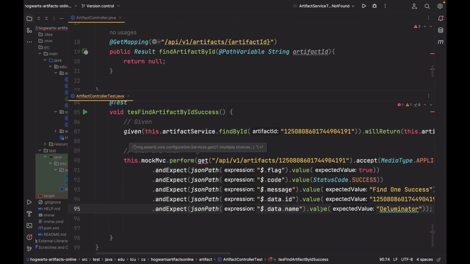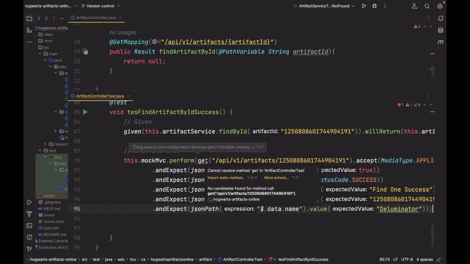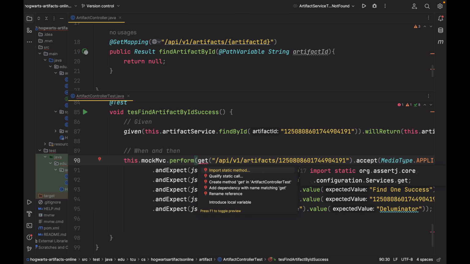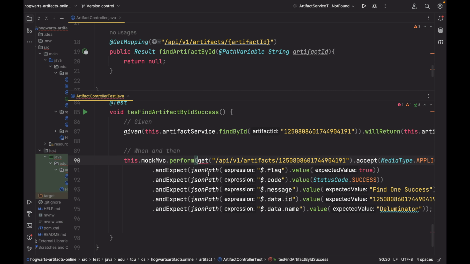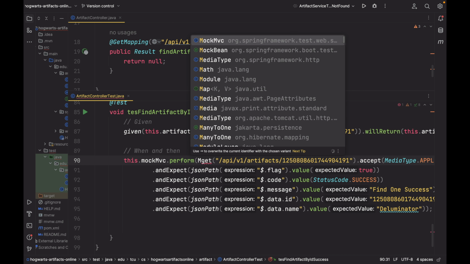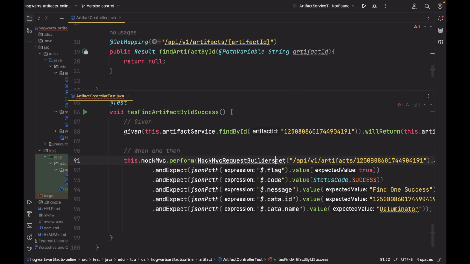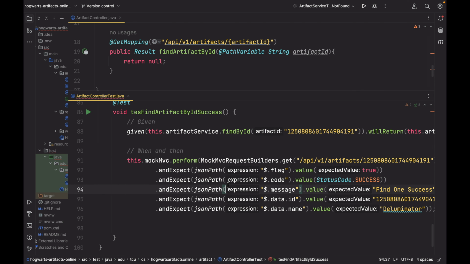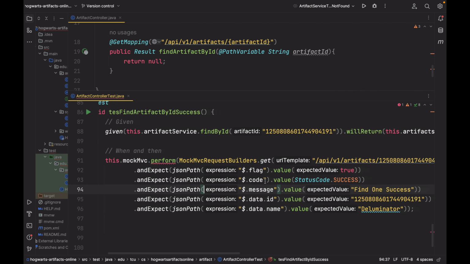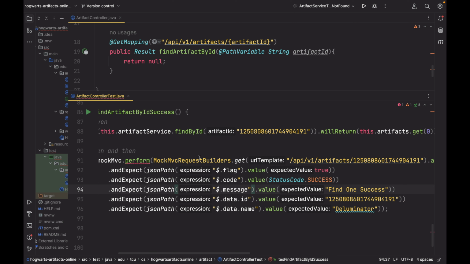And of course, we have to make this guy happy, because right now it's complaining. Let me make sure I import the right static method. This is not the one I'm looking for. So let me write the full name. MockMVC request builders. Okay, now it's happy. If you do not want this long name, what you can do is, let me get